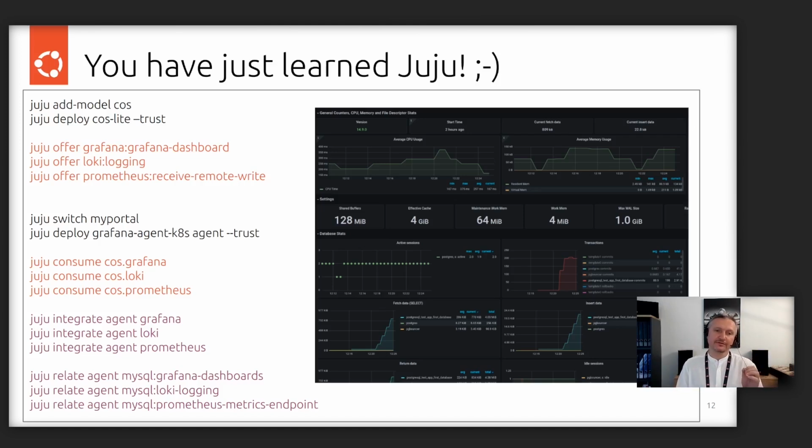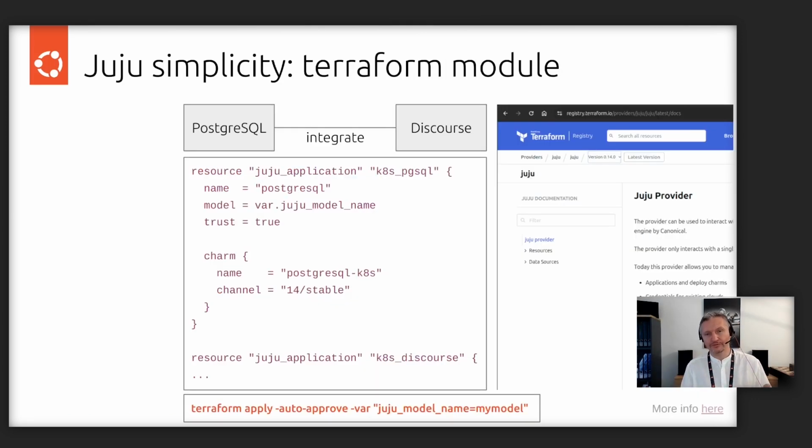But this is a lot of commands to copy-paste or type. For sure, you can simplify your life by using the Terraform Juju provider. You can find it on the Terraform registry website. And here is a simple example. It's as trivial as describing which application you want from which channel, 14/stable for Postgres, and then one command, terraform apply, to deploy your charms using your Terraform